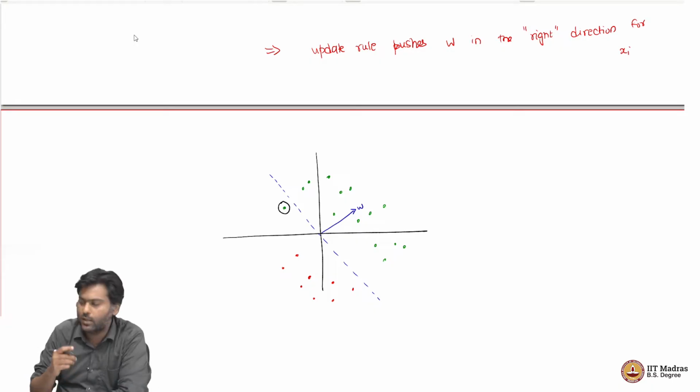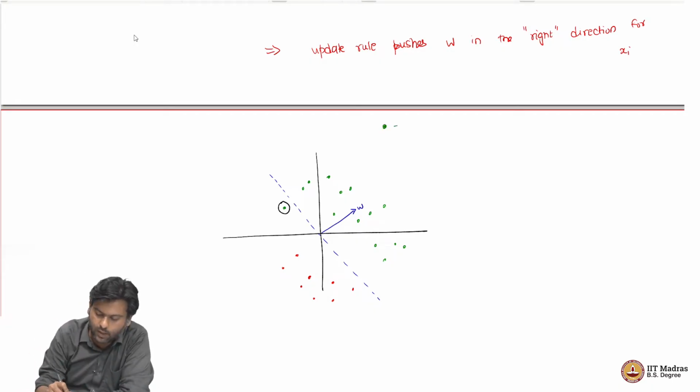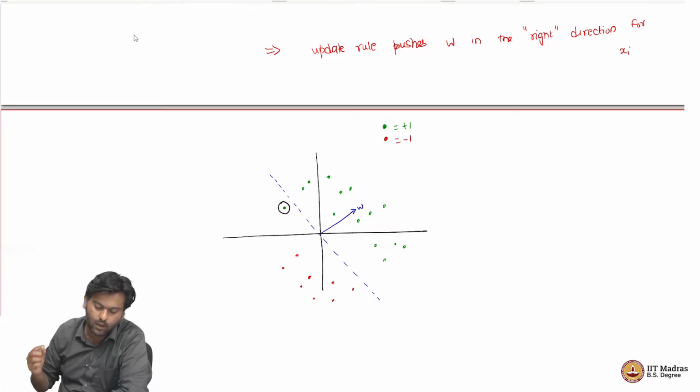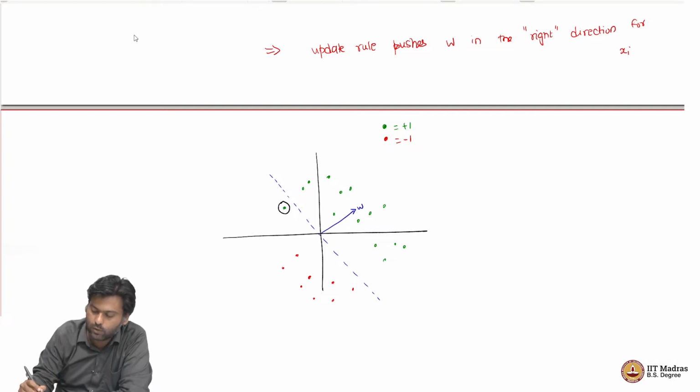Well, greens are positive, reds are negative, right. So, let me make sure we write that. So, this is plus 1, red is minus 1. Which means that now what would be the new W? Where is the new W going to be? Well, the new W is going to be